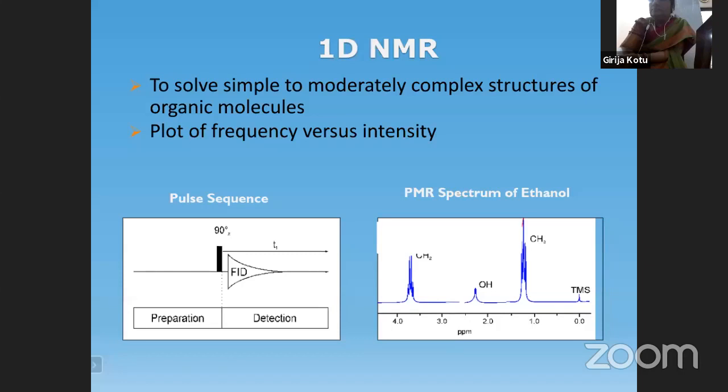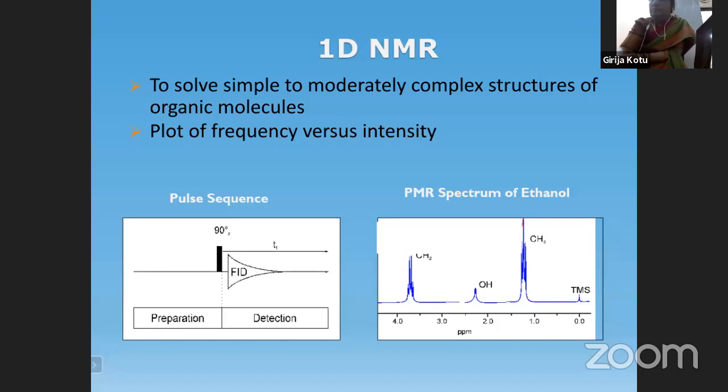And now that we are talking about 2D NMR, what exactly is a 1D NMR? So all these days, what we are talking about, proton, carbon-13 and nitrogen-14 or fluorine-19 or phosphorus-31 NMR, they're all conventional NMR, and we never thought that they are 1D. And now that we are talking about 2D NMR, they are nothing but 1D NMR. So what exactly is a 1D NMR?